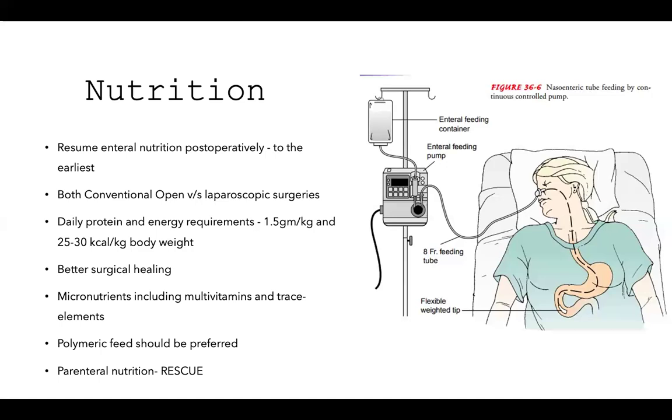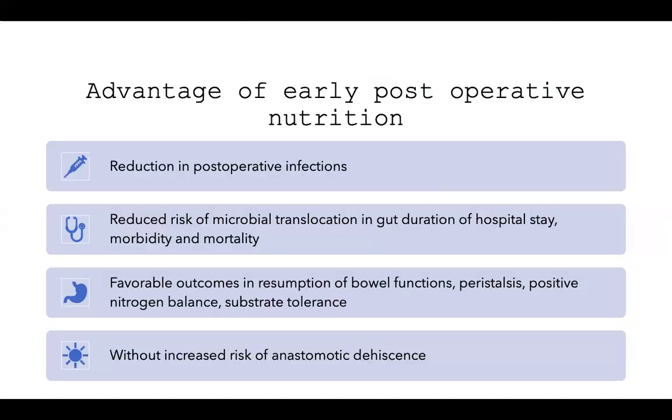If a patient is not able to take adequate nutrition or is anticipated to fail to take adequate nutrition by next 3 to 4 days, then we can consider partial parenteral nutrition. We need to remember for oncology patients, if they're malnourished, to start TPN, we should not wait for 7 days. Rather, we should start by 3 to 4 days.